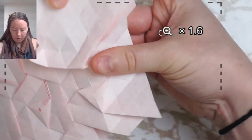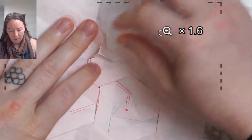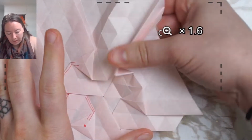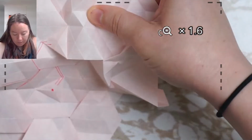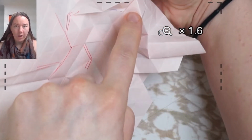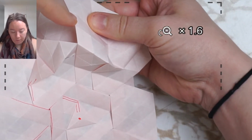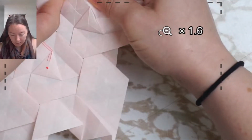What I did is kind of set up a three-way intersection, but there's also another pleat going through it. But again, that will be undone as soon as I go to make the next twist. So in here, I want to open up, and first thing I'm doing is setting up my second wedge. So I've already got my first wedge here, I've got my second wedge here, and then I'm going to take this line that extends from the first wedge, pop it down into the valley,